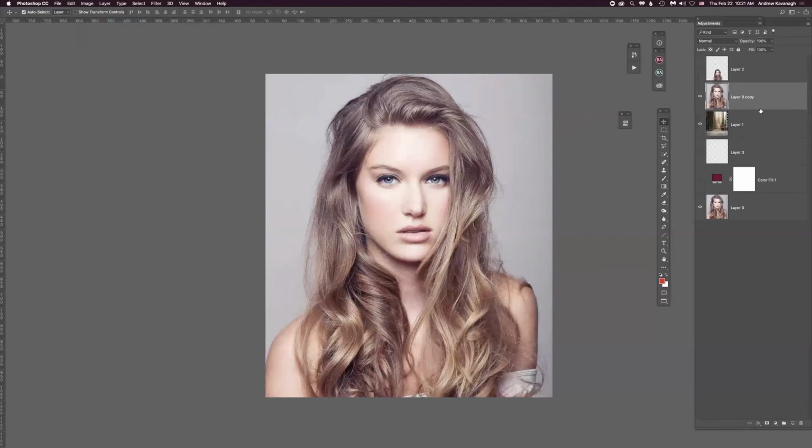But yeah, you have to think of it as progressive. Whatever's on top, you have to cut through that to get to the next layer. So therefore, if I'm on this layer 0 copy at the top, the next option I go to, and just to let you know, we kind of jumped this one that looks like a folder. That's just if you wanted to organize. So if I'm working on a job where I have a lot of layers connected to, say, her face, like her face and then her eyebrows and then under her eyes, or just